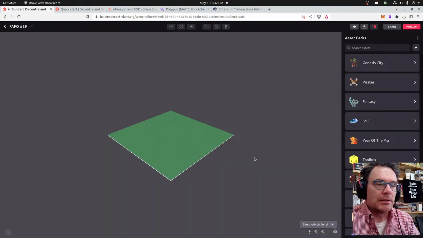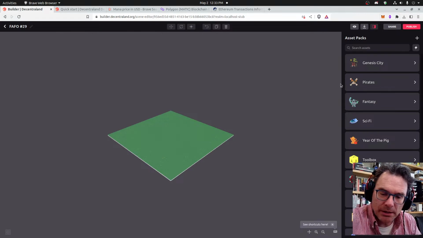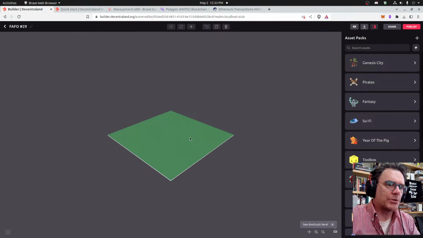And I think the average avatar, well, not average, all the avatars are the same height unless you've got a top head that makes you taller. I think they're like 1.5 meters tall. All right, so